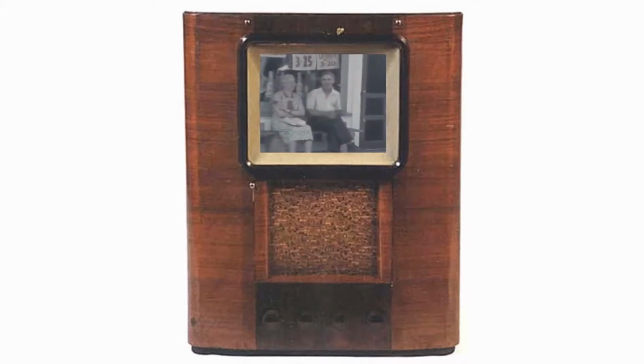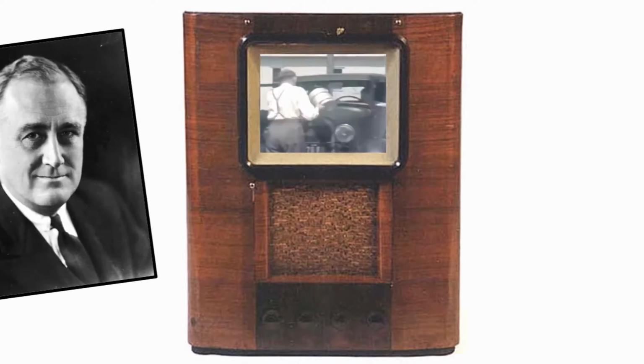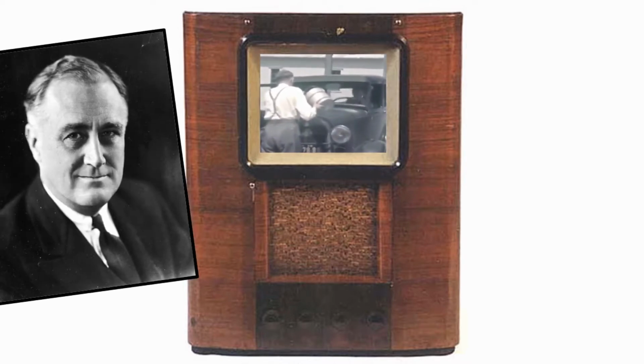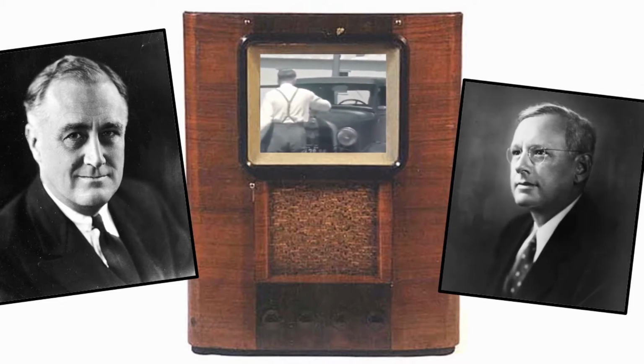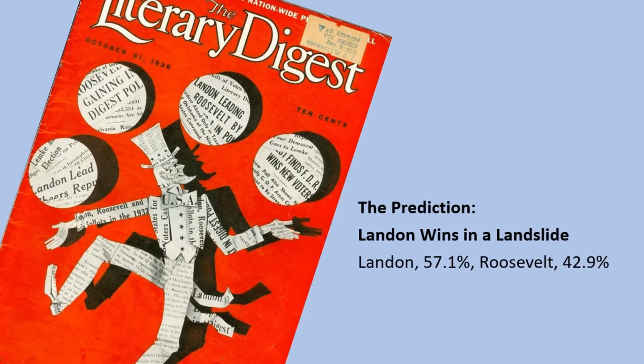It was 1936, the Great Depression was 7 years old. Incumbent U.S. President Franklin Delano Roosevelt was up for re-election and faced Republican Alf Landon. The Literary Digest, an influential weekly magazine of the time, had begun a political survey. The magazine had polled a sample of people based upon telephone and car registrations. The results that they obtained predicted Landon would win in a landslide with over 57% of the popular vote.